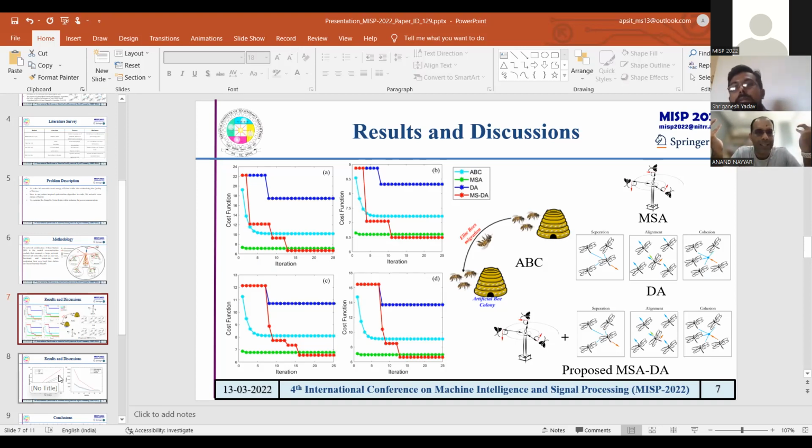So how can you say that you are not designing an algorithm, but you are optimizing the results? How can you do that? This is the first time in my career of 10 years in swarm intelligence that I am hearing this. How can you not make an algorithm and yet optimize the results? This is actually a wrong statement, according to me.